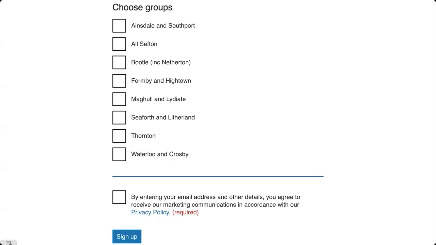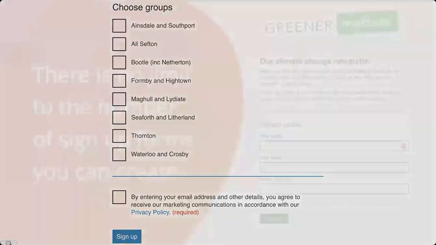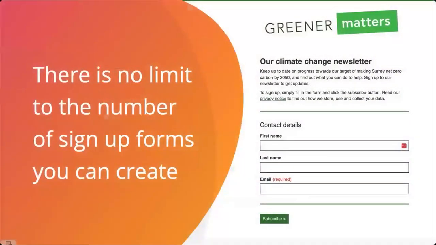Cool. So one of the things that you're probably thinking as you're going through this with me today is, well, crumbs, I've only got the one sign-up form on my website, and we've talked about a lot of different possibilities here. And that's one of the cool things about what we do with eShot: there is no limit to the number of sign-up forms that you can create. In your account, you can have as many as you like, okay? And indeed, as we talked about in the use case scenario, that can cover a myriad of different